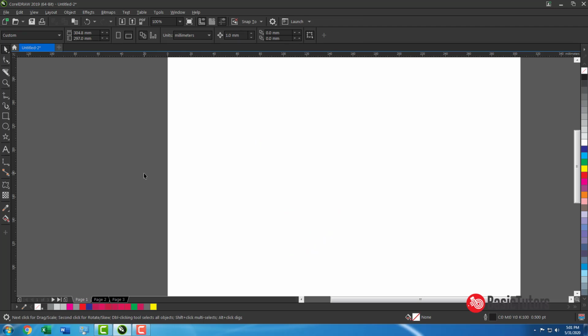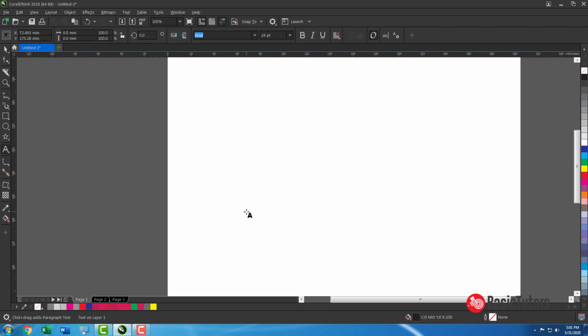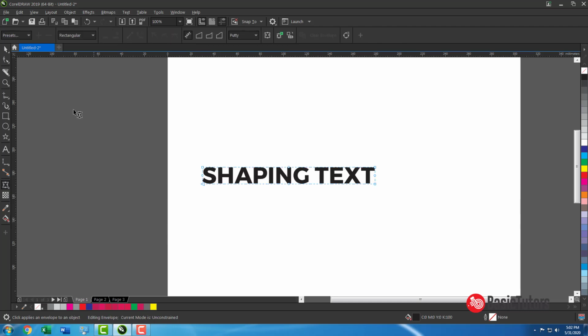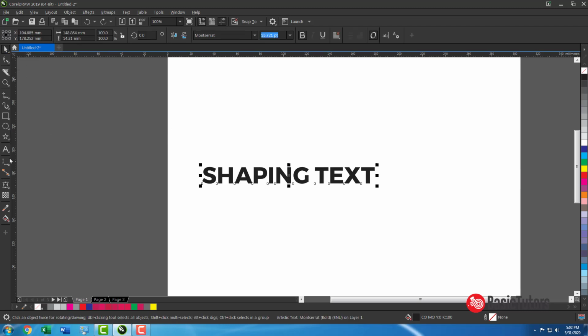The next thing will be the envelope tool. Okay, fine. How to use the envelope tool, see. Okay, fine. There are different modes, and presets also. You can apply any presets, or you can make it of your own. I think that is better. I think make it of your own.